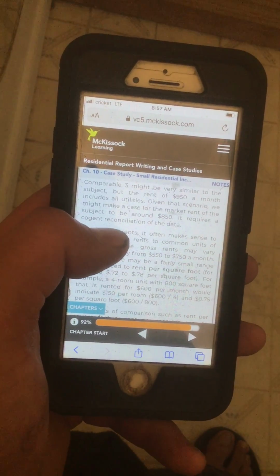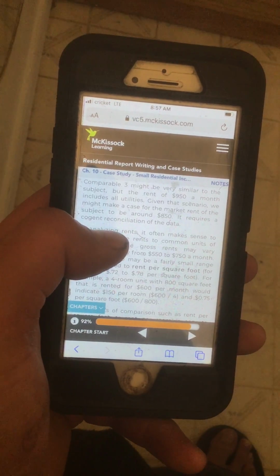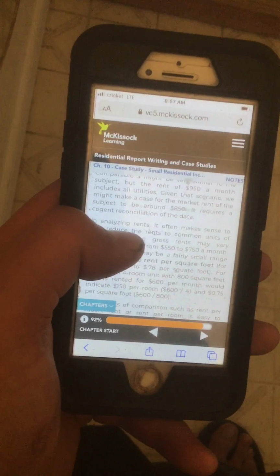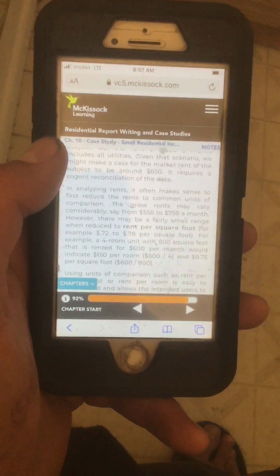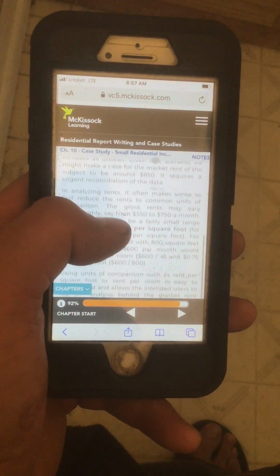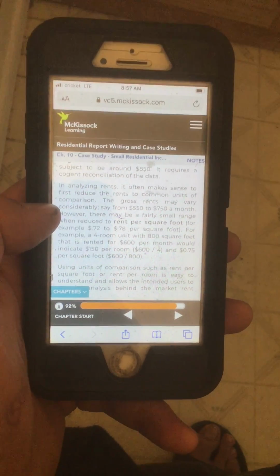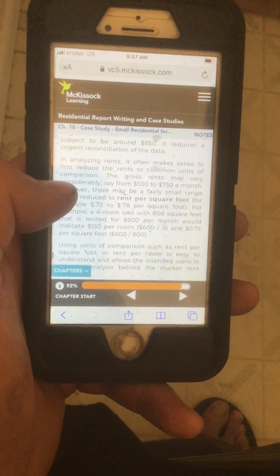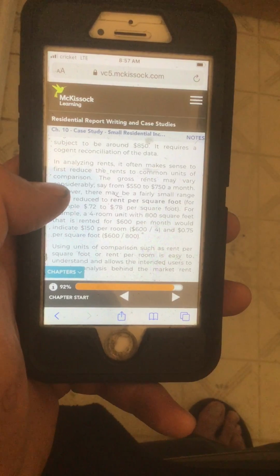Comparable 3 might be very similar to the subject, but the rent is $950 a month, which includes all utilities. Given that scenario, we might make a case for the market rent of the subject to be around $850. It requires a cogent